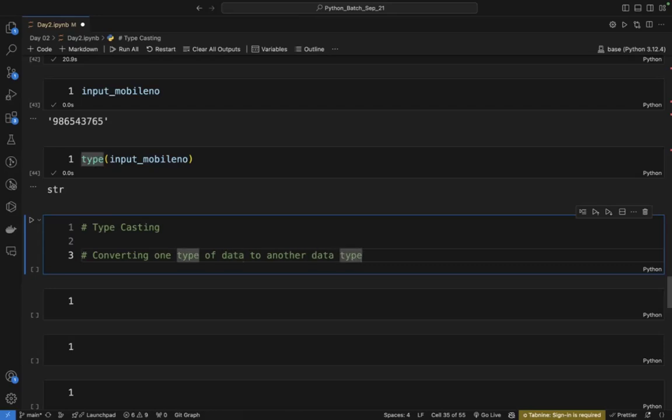This is called typecasting. जब हम एक डेटा टाइप को अगर दूसरे डेटा टाइप में कन्वर्ट करते हैं उसको हम लोग कहते हैं टाइपकास्टिंग।